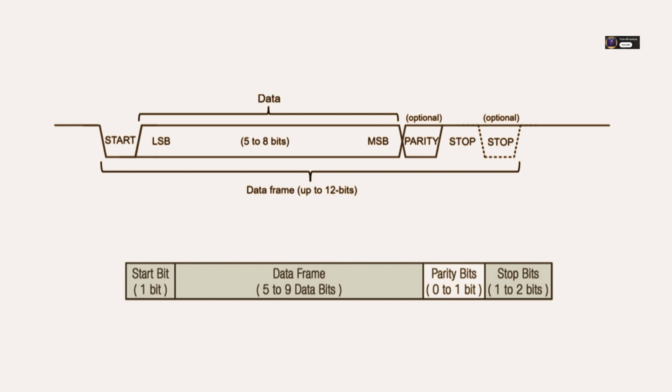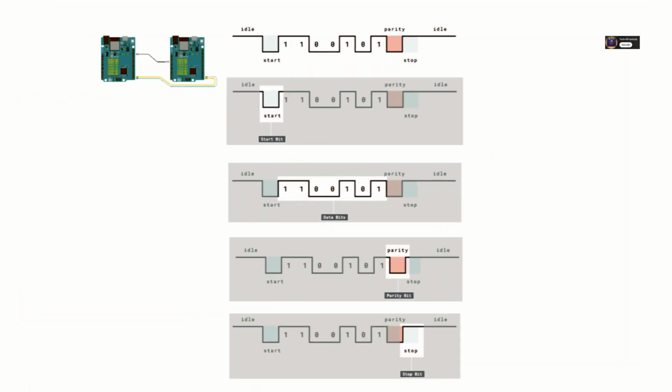Then come the actual data bits, the information itself. After that, there might be an optional parity bit for basic error checking. And finally, it ends with 1 or maybe 2 stop bits. So start, data, maybe parity, stop. What do those actually look like electrically? The start bit is always a transition to a low state, like a logical 0. The line is usually idle high, so when the receiver sees it drop low, it knows, okay, data's coming, and